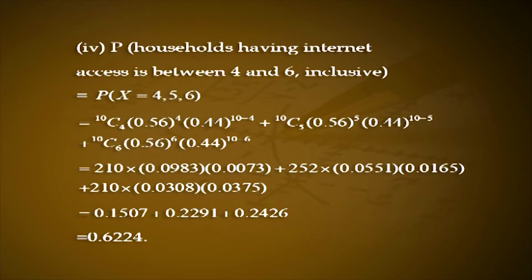0.1507 plus 0.2291 plus 0.2426, that is equal to 0.6224. Problem 2. Suppose an opinion poll of 12 randomly selected individuals is taken from a city where road development